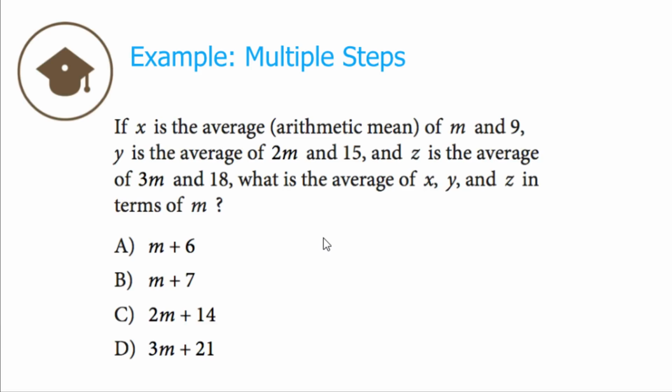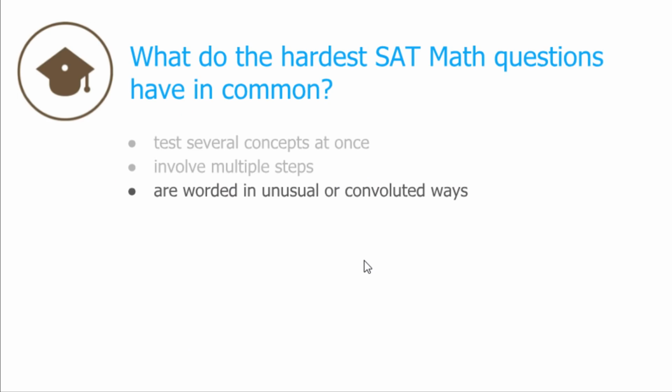This can take a lot of time, and it's very easy to mix up information, to miss information. The fact that there is so much going on here and so many steps gives us more opportunity for error. All right, another thing that we see in the most difficult SAT math questions, they're often worded in